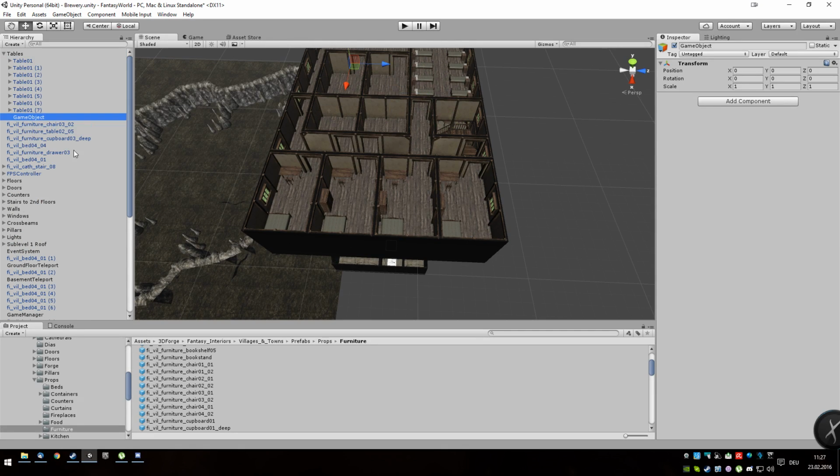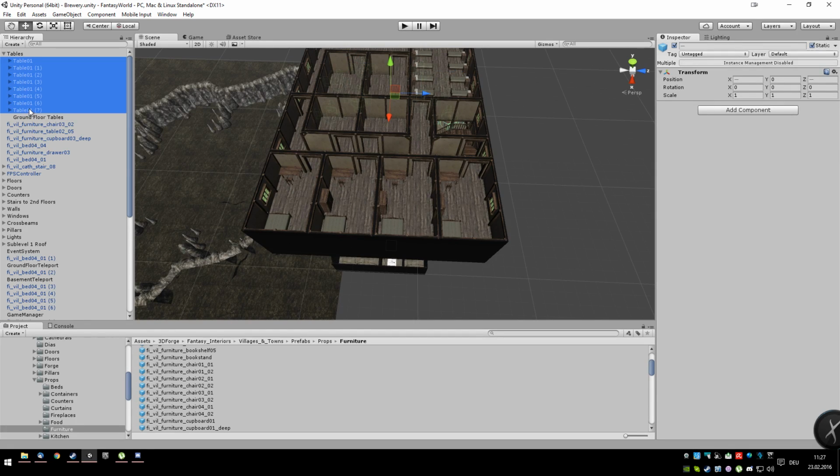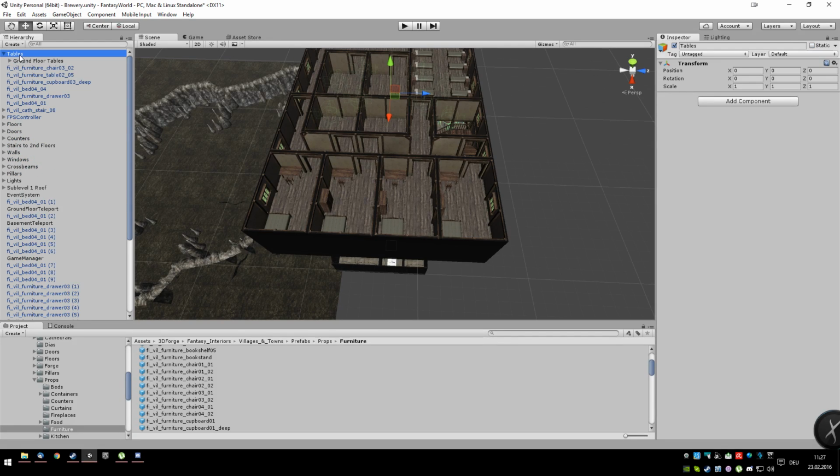So let's add another sorting object. Just an empty game object in Unity. It's better to sort stuff under an empty game object so that you have more control over grouping stuff together and placing them properly. So let's name this ground floor tables and throw all of them in here. Now add another empty object and that